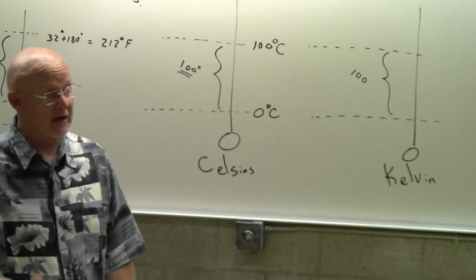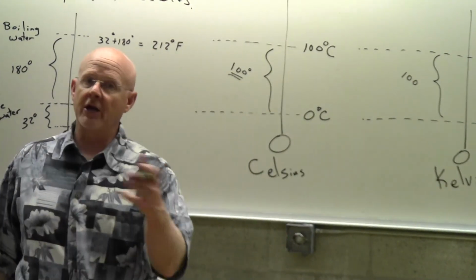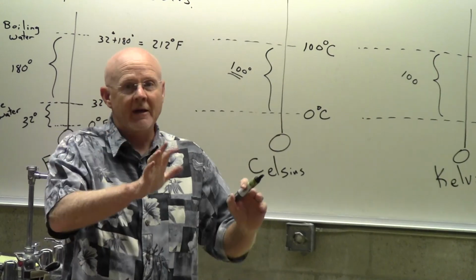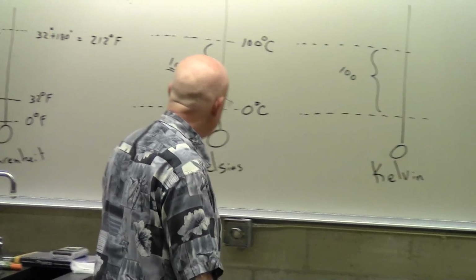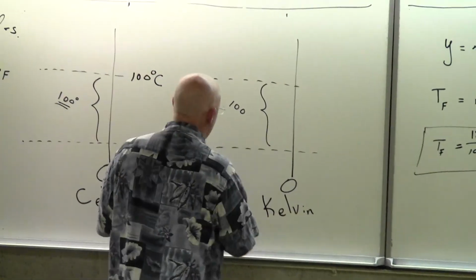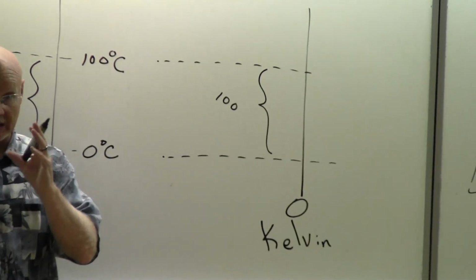You'll probably notice in the next couple of chapters, I'll keep messing up. I'll say, hey, let's take a temperature of 300 degrees Kelvin. Oh, I meant 300 Kelvin, because there is no degree, but it's so plugged into our minds. So that's one thing, and that's really kind of minor. Here is the biggest thing.